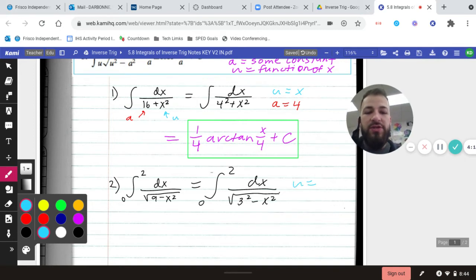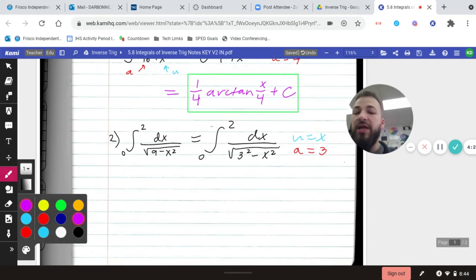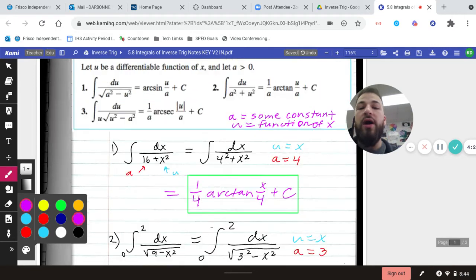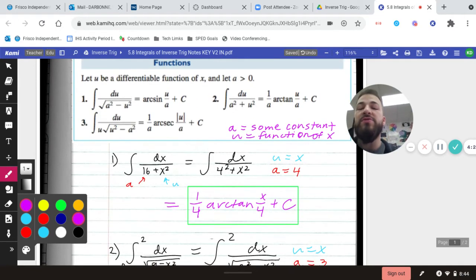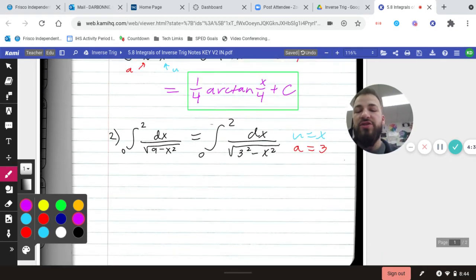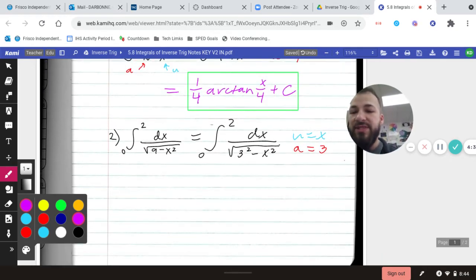So u is equal to x again, and a this time is equal to 3. So then from here, I can go ahead and integrate my integral of dx over the square root of a squared minus u squared. That is just arcsine of u over a. Okay, no extra 1 over a in front. So this becomes